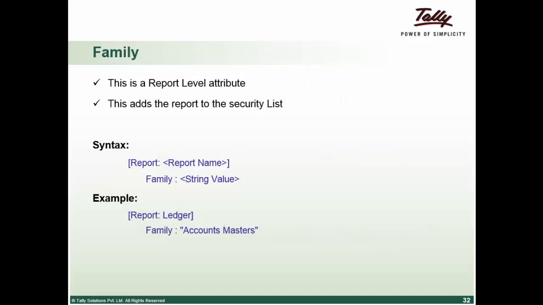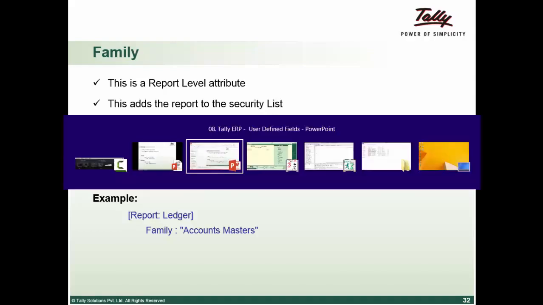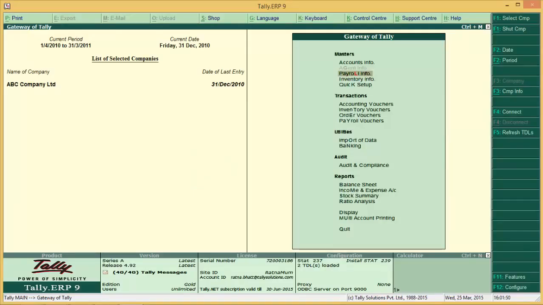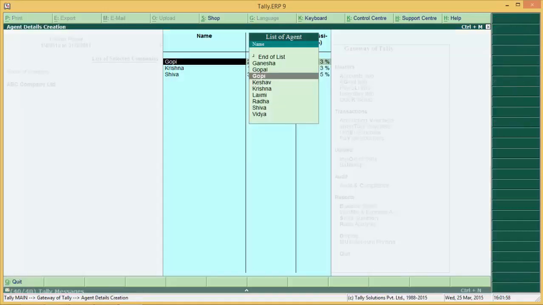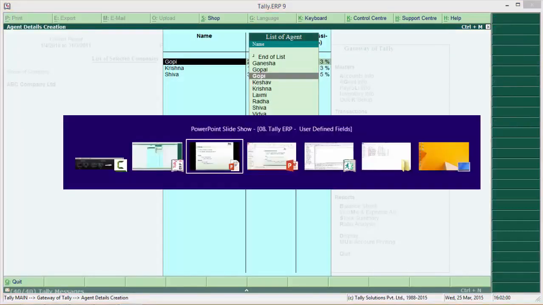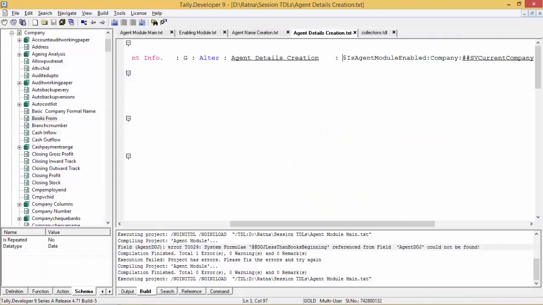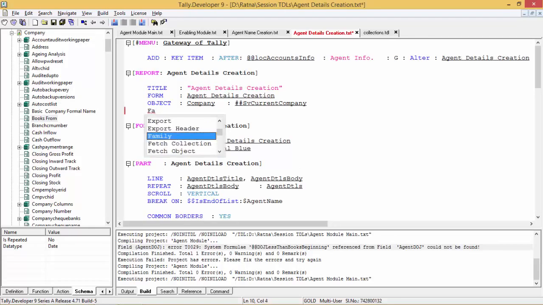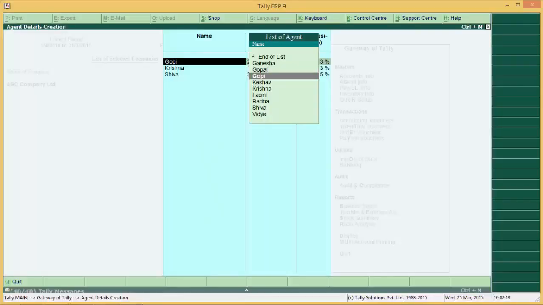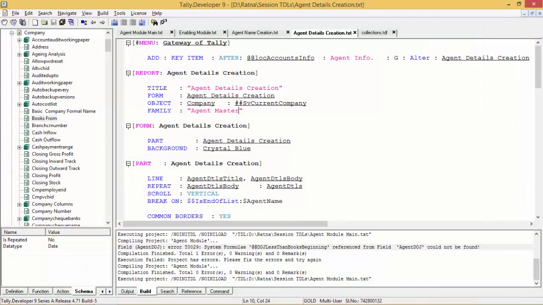So what we will have to do is, this report that we have, this agent info, we have to add it to the security list. So one simple thing that you will have to do to add this report to the security list, all you have to do is family agent master. You write this here, quit your Tally, restart,